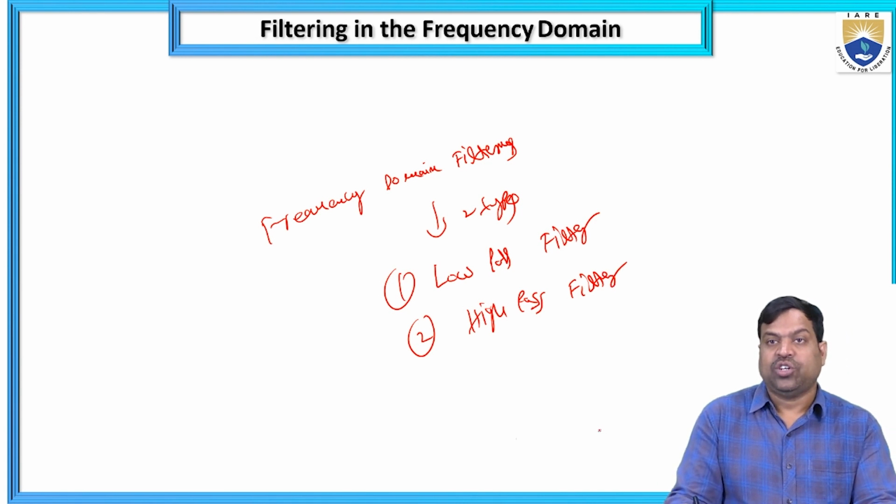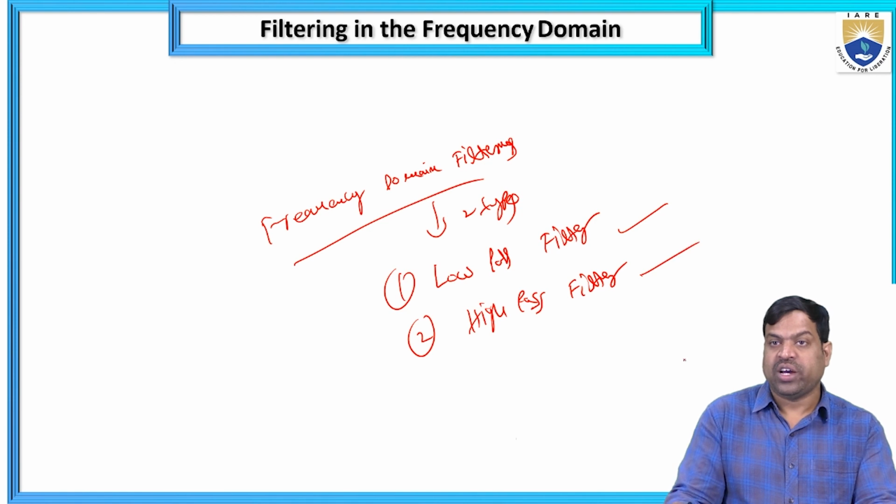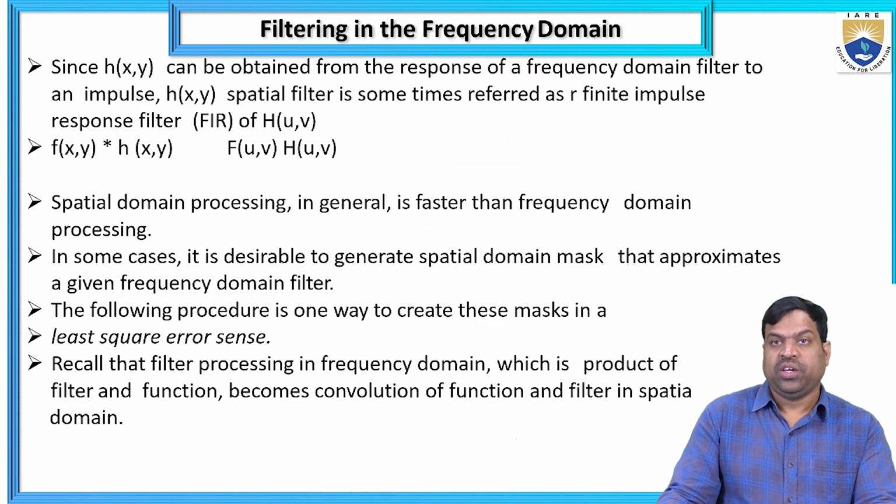So there are majorly two types in the frequency domain. That is a low pass filter, and another one is a high pass filter. So what is the need of low pass filter and what is the need of high pass filter? We will discuss now. So here I am taking one frequency domain equation, that is